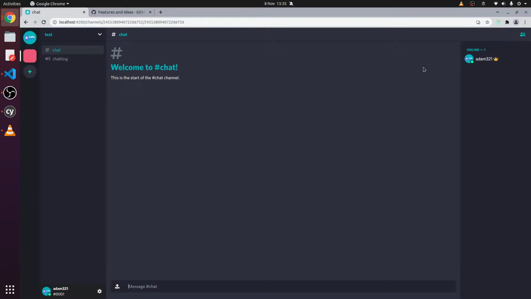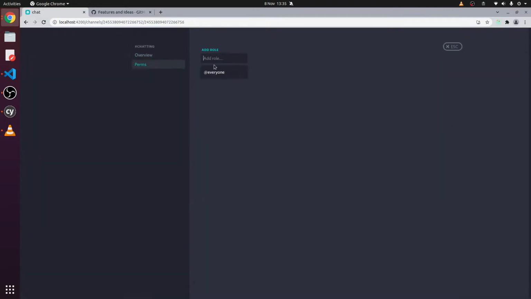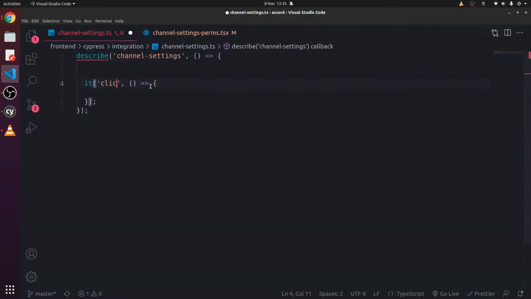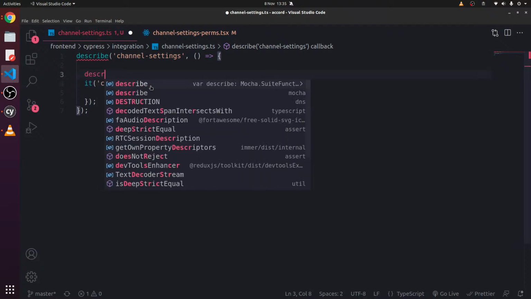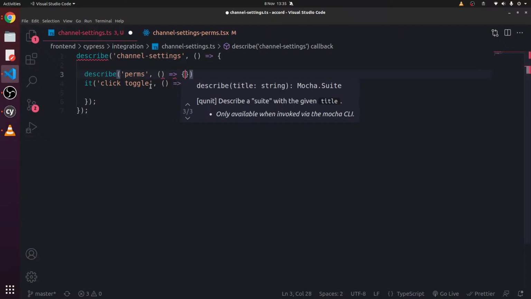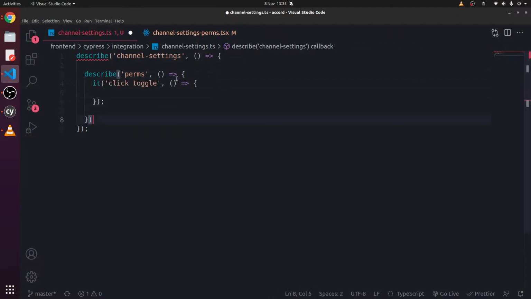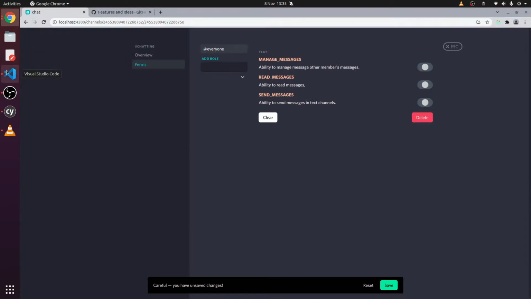So when we click this, so we click it once. We need this to be like a different color, like red or green. Click toggle. So we could describe perms, and then that will do. Or we could just do perms, click toggle. No, I'll do this. So if we click a toggle and then save, how we do that is